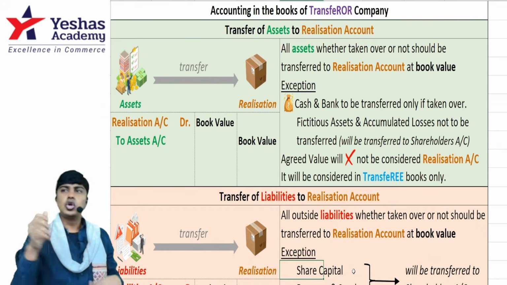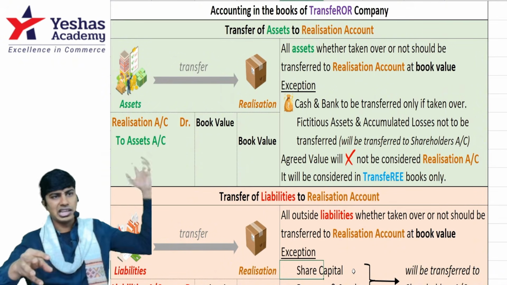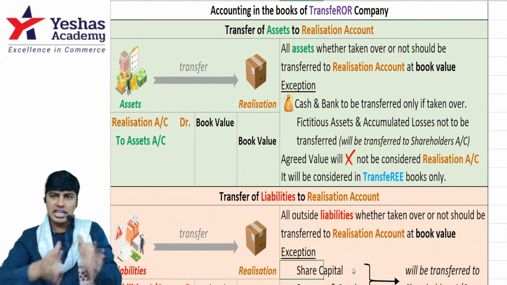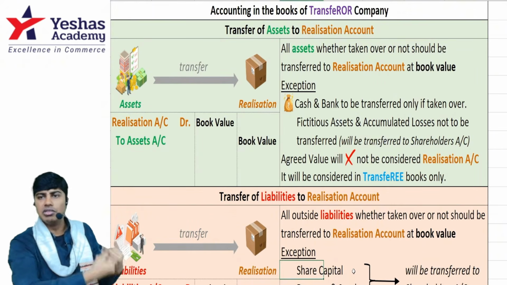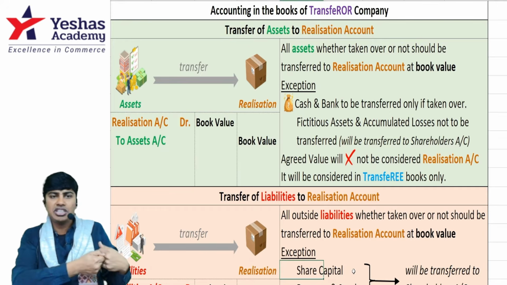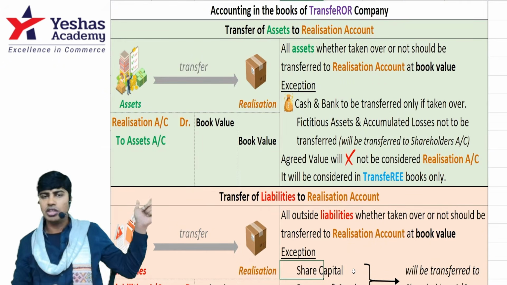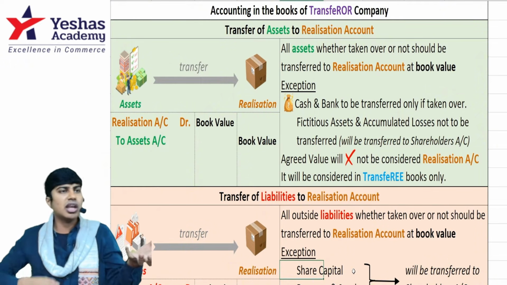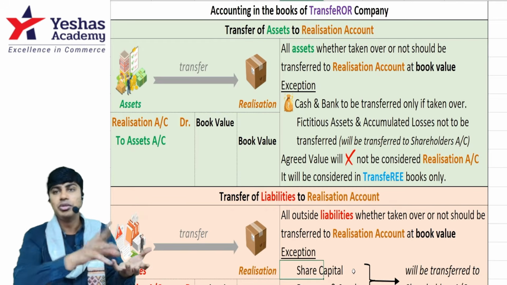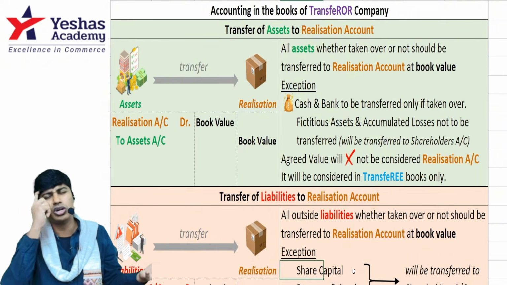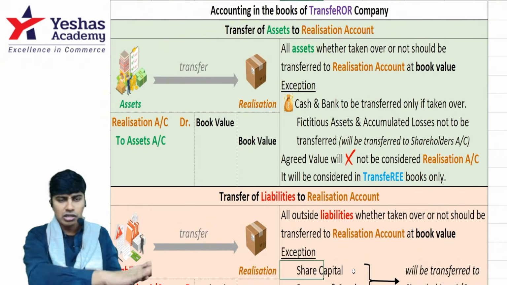Number one, close all the assets by transferring to realization. The story is simple. Pack all the assets and the liabilities in one box and take that box, give it to the transferee company. They will open the box, check, and they will give the cash, equity shares, preference shares, whatever, and then you walk back. When you walk back, just hear the sound. If they throw the box, you pick the box. If there are any assets not taken over, sell them. If there are any liabilities not taken over, settle them. Nothing mentioned, assets are sold at 0 rupees. Liabilities are settled at book value. Conservative approach. Done. Then you come back.